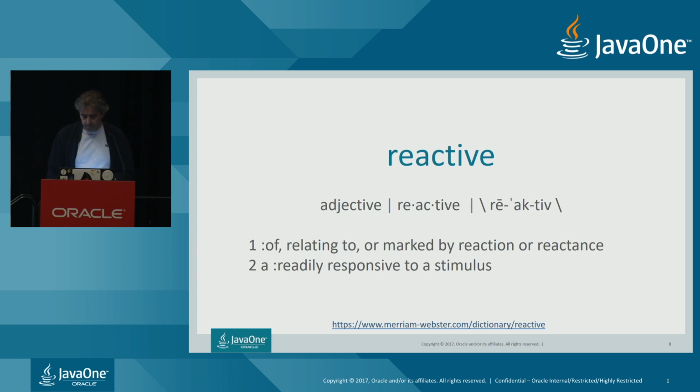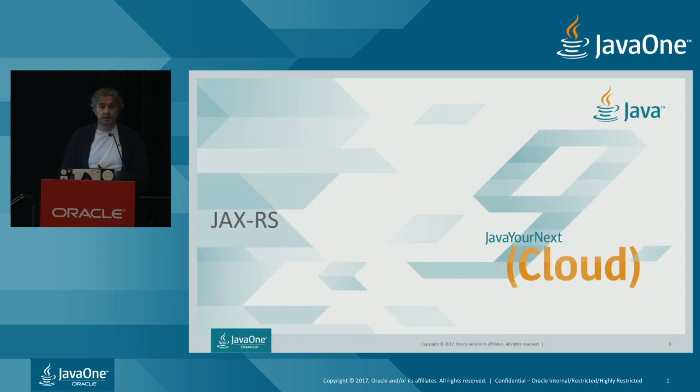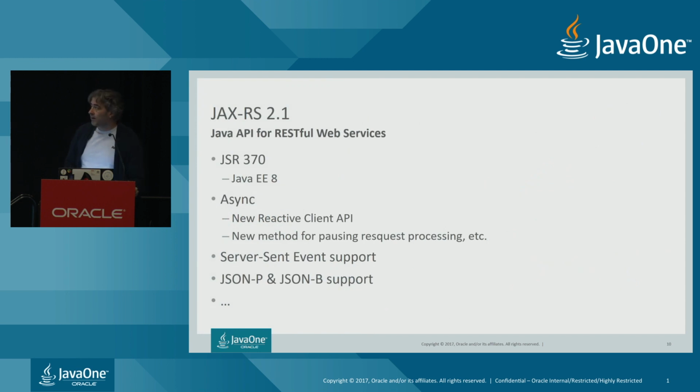The first API that I want to discuss is the JAX-RS API. We will spend a fair bit of time on JAX-RS because our session is based on how we can better use JAX-RS with this reactive idea. We have just released JAX-RS 2.1 along with Java 8. JAX-RS 2.1 comes with different enhancements like support for server-sent events, support for JSON-B, and so on. We'll skip that today. We will focus on one specific feature that has been added in JAX-RS 2.1, and that is a new reactive invoker.